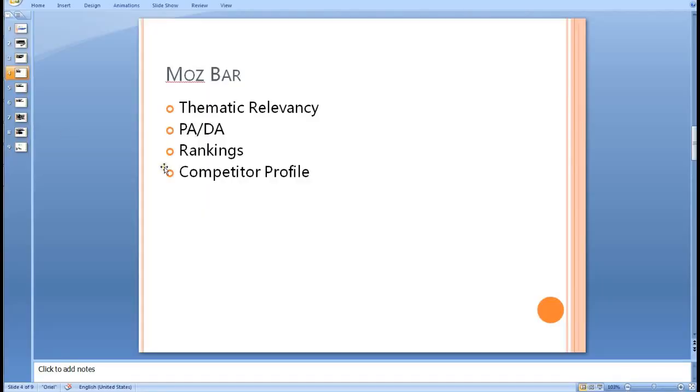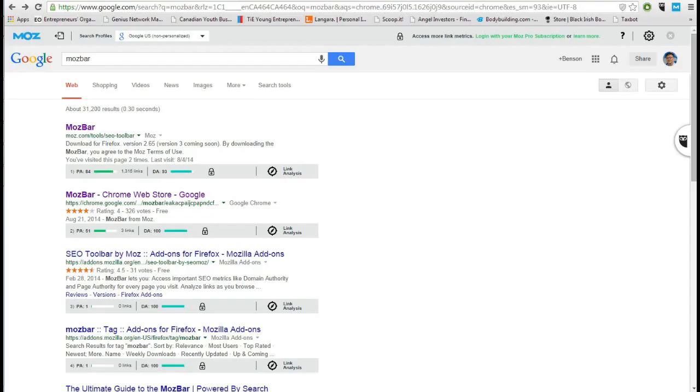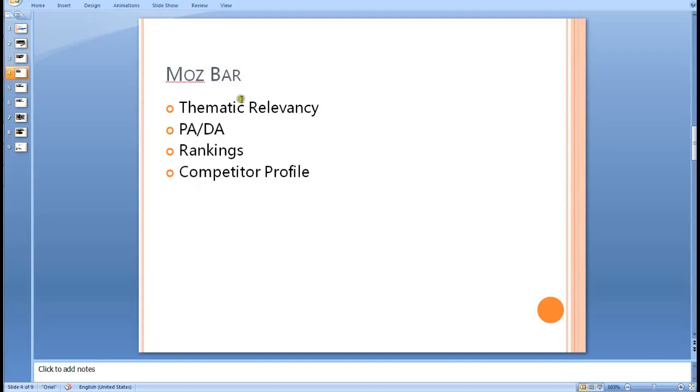Okay, let's move on. Rankings are based on these: thematic relevancy, page authority and domain authority. With the Moz Bar, you can actually see the competitor's profile, like what we saw before. You can see the Moz website has domain authority 93, so they're pretty up there. And you can see they have 1,315 links, so they've got a pretty good profile on here. So once we've used the Moz Bar to understand our competitors and see what they're using, we can jump